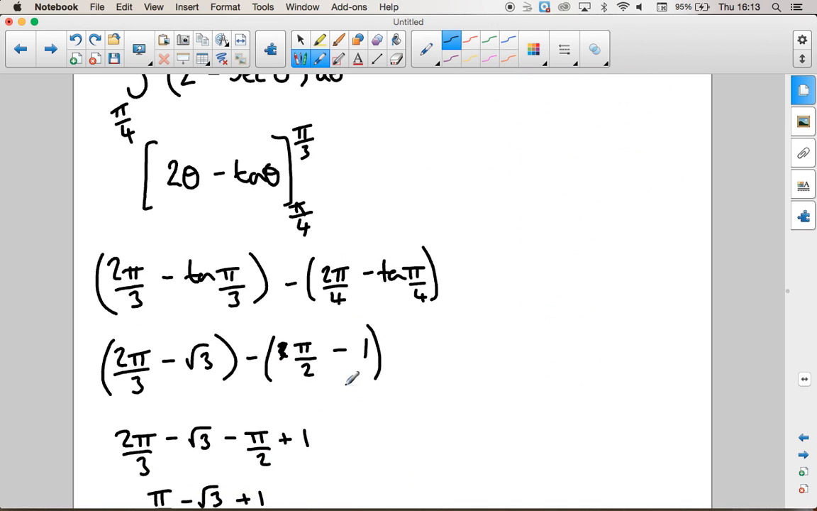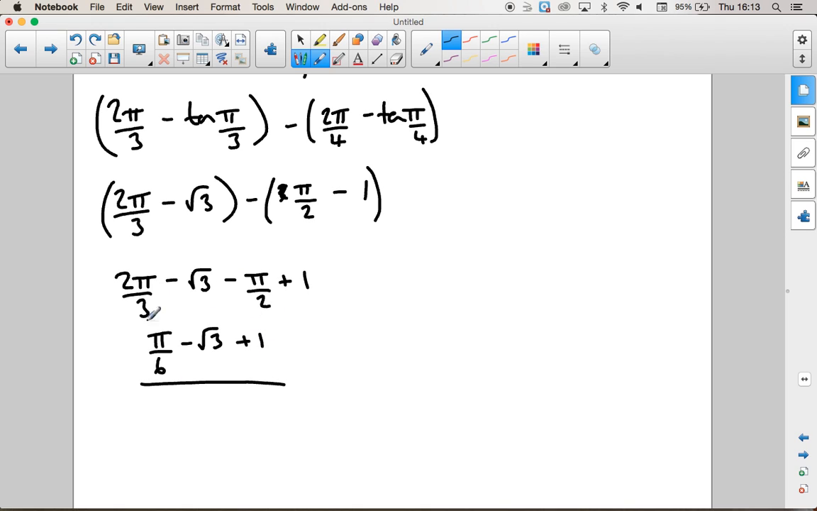You're never going to want to find a decimal value of this. It's always going to want to be an exact form, so don't reach for your calculator too early and type all of this in one go, because you will get a decimal answer. You need to work out each